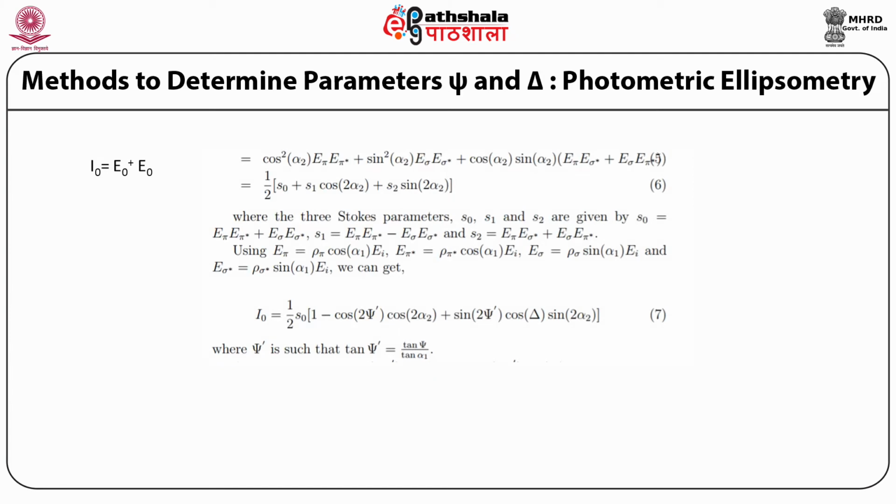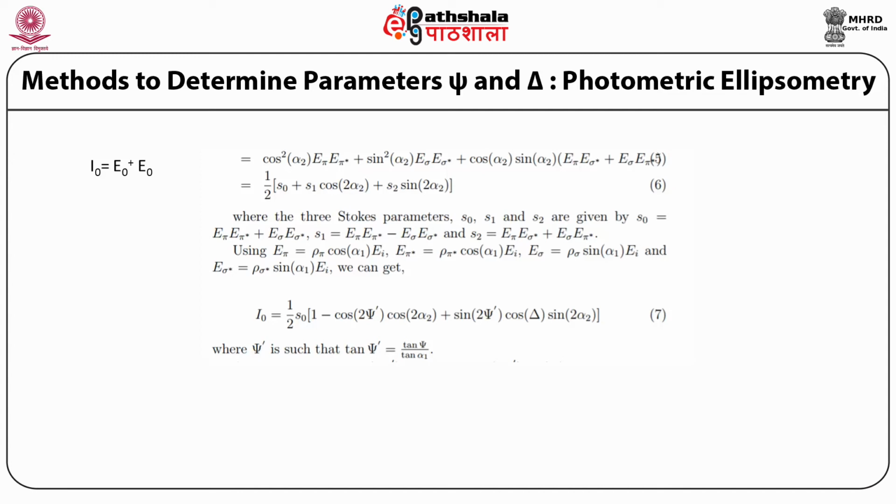This equals cos square alpha 2 into E pi star plus sin square alpha 2 into E sigma star plus cos alpha 2 into sin alpha 2 into (E pi into E sigma star plus E sigma into E pi star). This can be simplified to be equal to 1 by 2 into (S naught plus S1 cos 2 alpha 2 plus S2 sin 2 alpha 2),